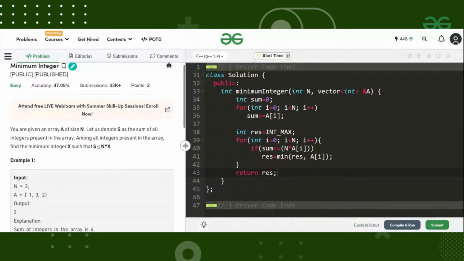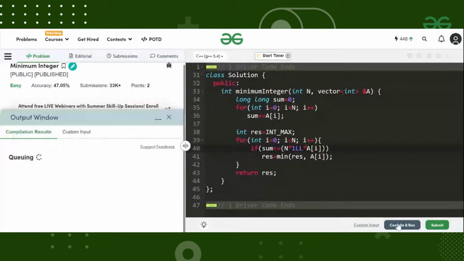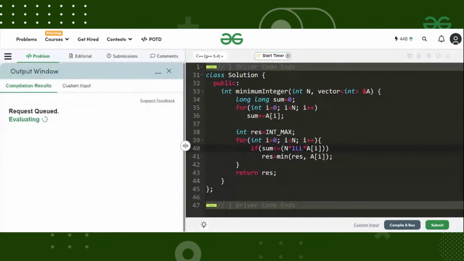Exactly, Risha, that's correct. We can have integer overflow, right? Because as we can see the constraints are quite high here. So if we go for large values, we can have integer overflow as well. So to avoid that, let us write it this way. And then now try to compile it. Perfect answer, Risha. That's a very good response. Now let us see if we are able to find the right answer. All right. So yeah, this is the correct code for the question. As you can see, the time complexity is big O of n and the space complexity is big O of 1.